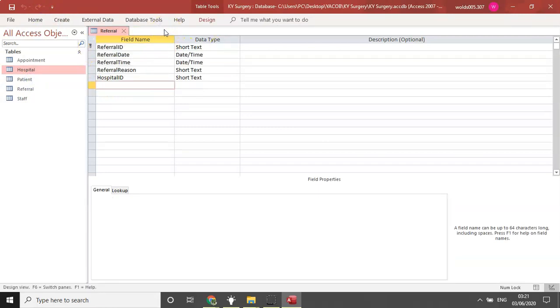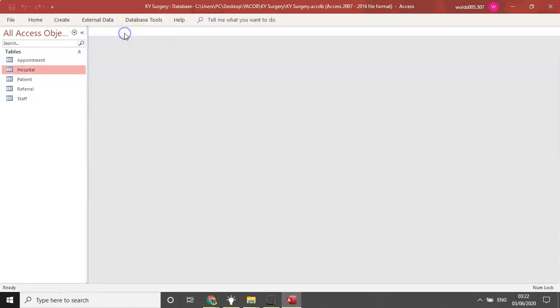Design view is where we actually design the tables, the structures, where we change the attributes of those fields, the table fields, the columns, whereas datasheet view is where we enter the data. Even the way we enter data, we have to be careful. We'll look at that in the next video,